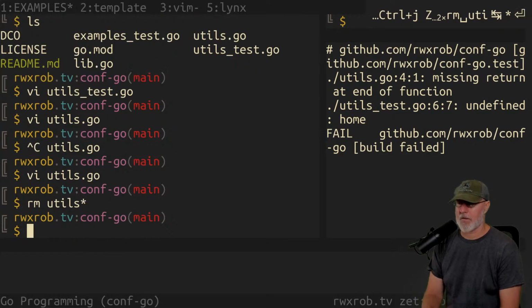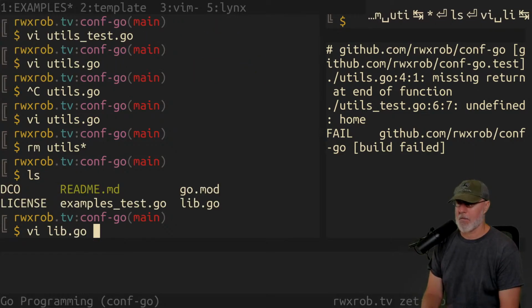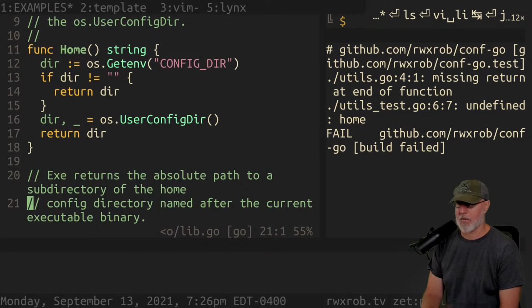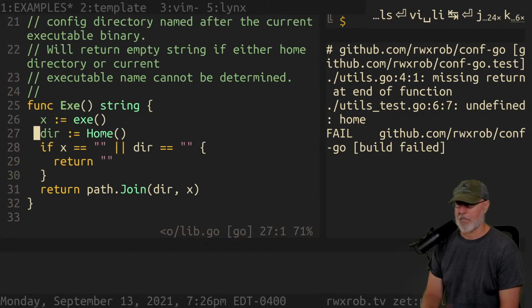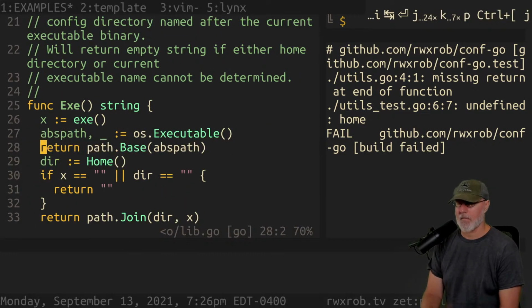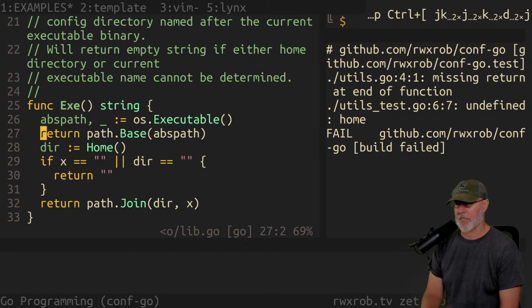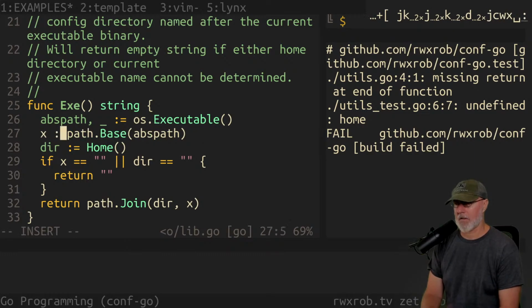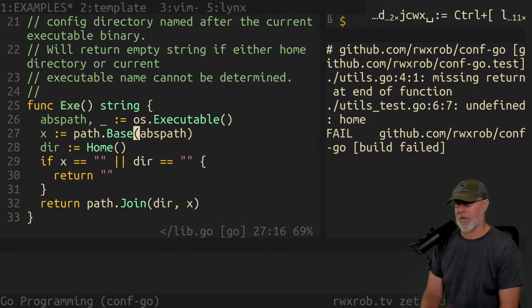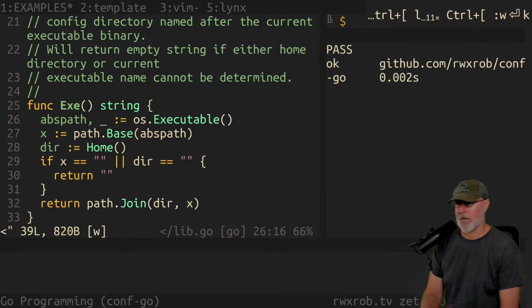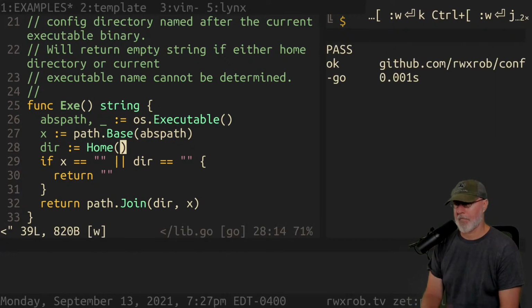Goodbye, utils. I am not afraid of removing code if it's going to make things simpler. Okay.